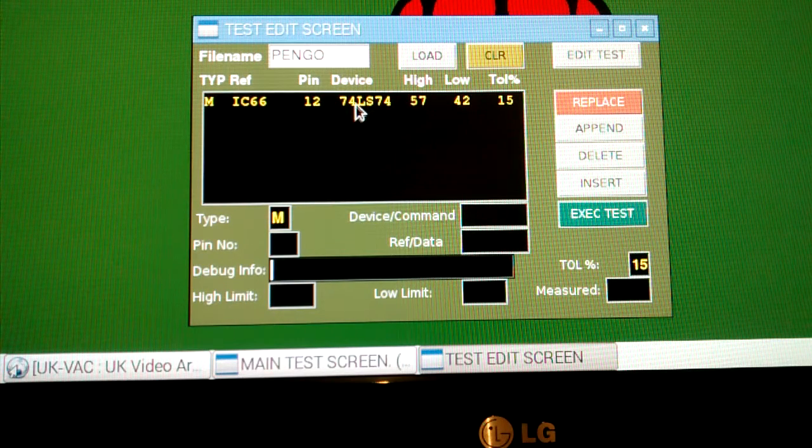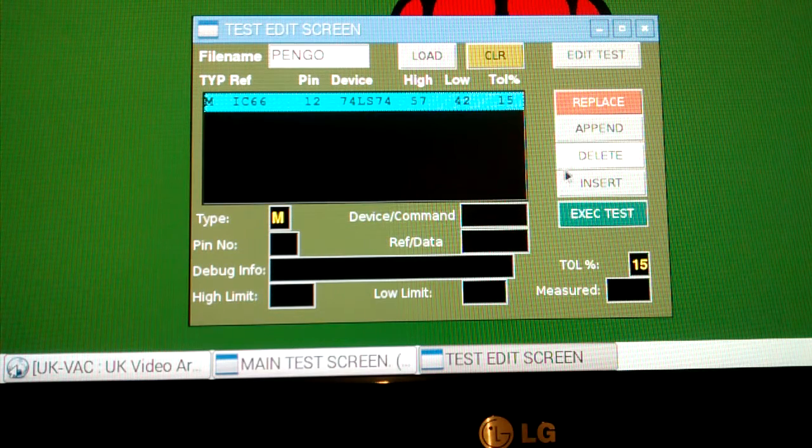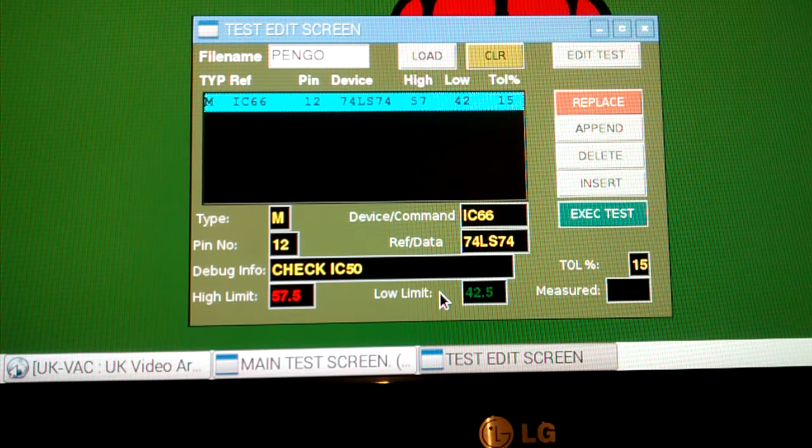However, what we'll want to do is measure it, because if we leave it at that, it will naturally fail. So you select the test and you edit the test, and the information you've typed in will come back down the bottom and it will put high and low limits in. Now those obviously have been stored by the tester. So what we'll do is we'll measure it now. So if we go to the pin, and you have to hold the probe on the pin while you do this, and then you do execute test,